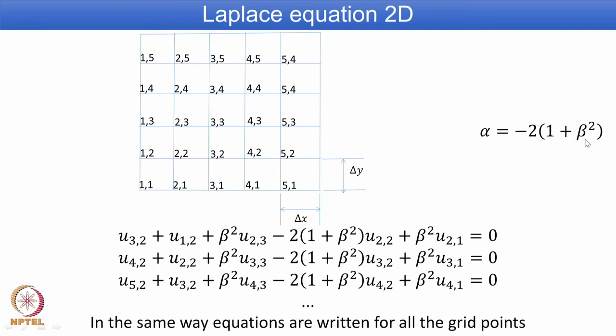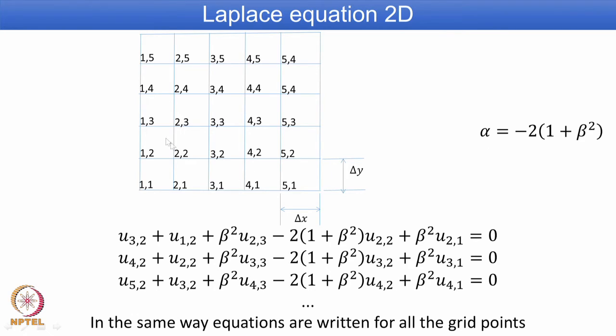Now, we apply the discretized equation what we have written before, that is second order central differential scheme for dou squared u by dou x squared, dou squared u by dou y squared. Use this definition of alpha and beta. For this mesh arrangement, you apply for each nodal point. For example, 1 comma 1, 2 comma 1, this may be coming along the boundary, or you take the second row. So, 1 comma 2 is again on the left side boundary, 5 comma 2 is again near the right side boundary. So, if we apply for example, for the node 2 comma 2